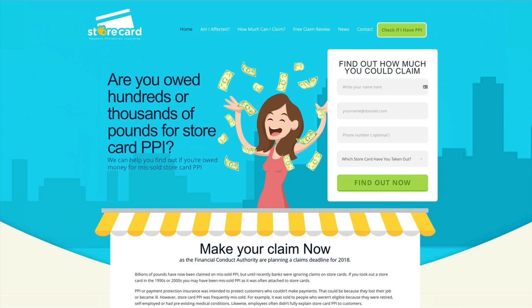For example, here's a site that we built. Find out how much you could claim. How much more compelling is that? How much lower risk is that? Are you owed hundreds or thousands of pounds for store card PPI? So are you owed? There's a sense of entitlement. Hundreds or thousands, there's a question there. Both answers are good,